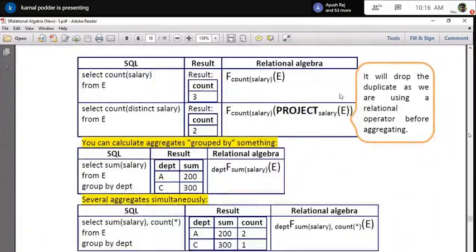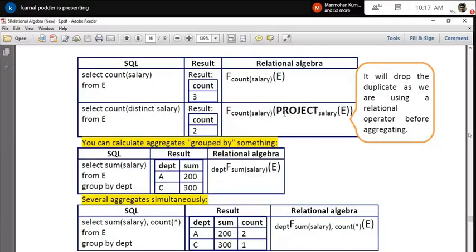Actually, if you really do that thing, what you are doing in SQL is writing a distinct clause. What does it mean in SQL? That means in SQL you are writing a distinct clause. If you give distinct salary, then also we'll get only 300 and 100. So the count will be 2. So this is basically an equivalent thing. This SQL will be converted to this type of relational expression.